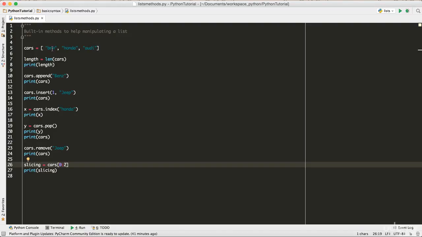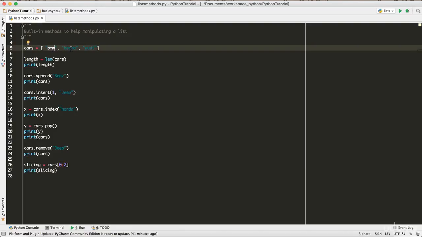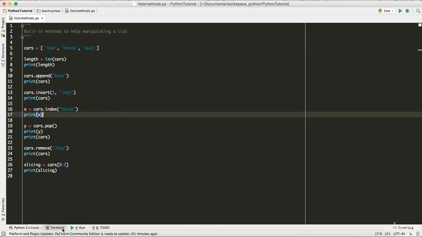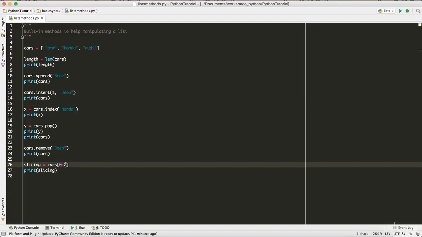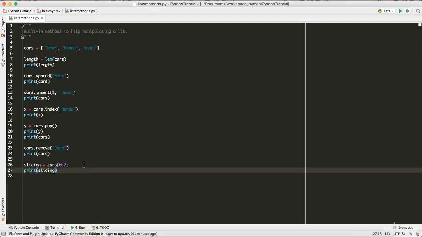So it gets BMW, which is index 0, and Honda, which is the first index, but not Audi. If you see the run console, we are only getting BMW and Honda, so it's not involving the ending index. That's how it works.